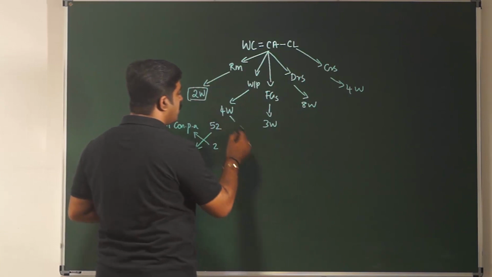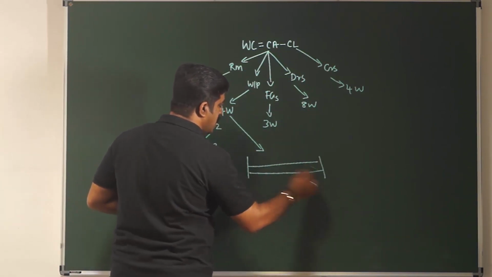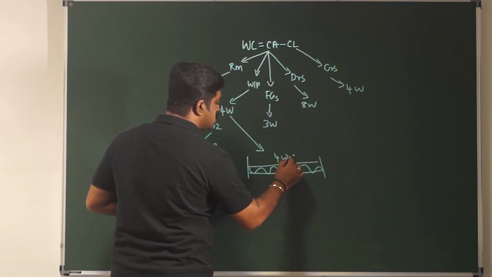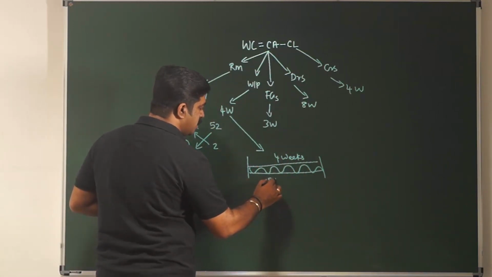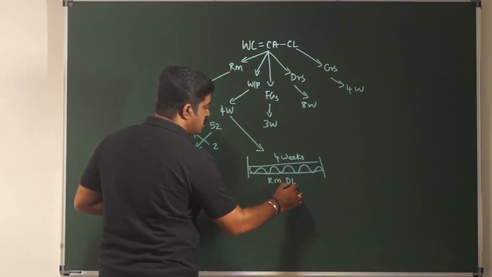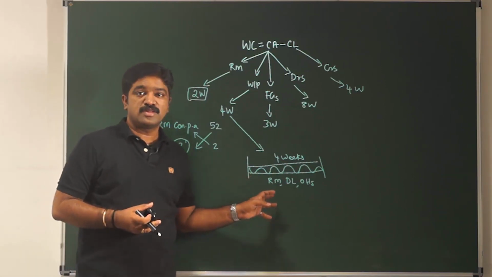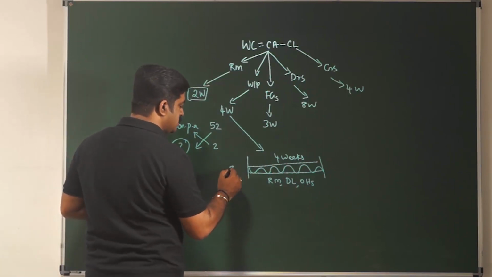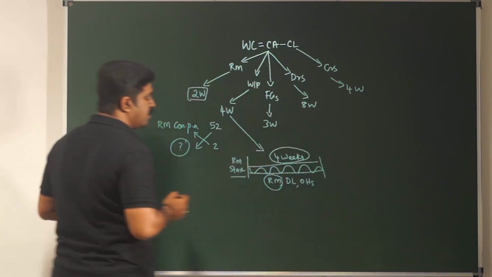Then, how do we find out work in progress? Work in progress is where your production is happening, and the production process time given is 4 weeks. In this production, you will have raw material, direct labor, and overheads. The question is whether all these factors are there throughout the 4 weeks or not. Raw material always has to be fed in the beginning, at the start point itself. It means we can conclude that raw material equivalent to 4 weeks will be in work in progress.